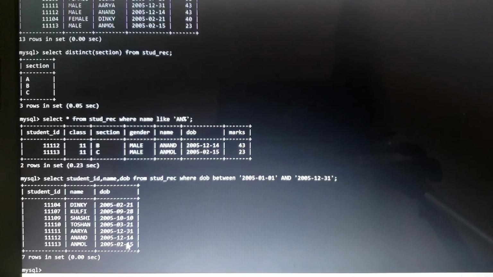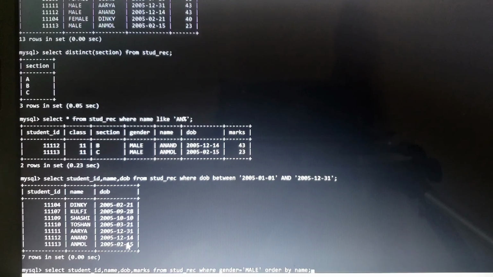Now let's move to query number 10. In query number 10, you have to write, display roll number, name, date of birth and marks of those male students, and their name should be in ascending order. Ascending order means it should start from A and then so on. So how to get that? Let's see. This is how you can get it.